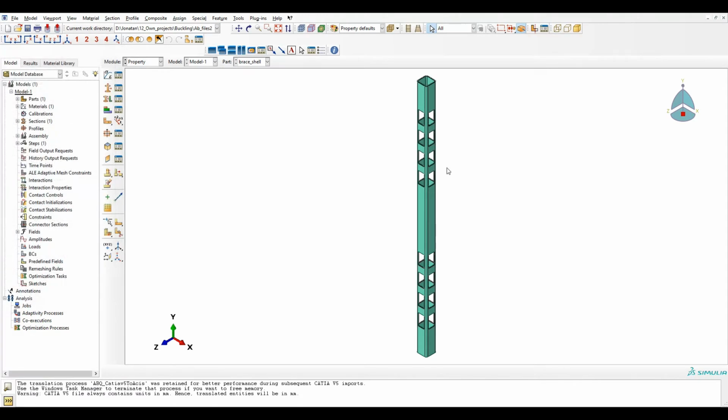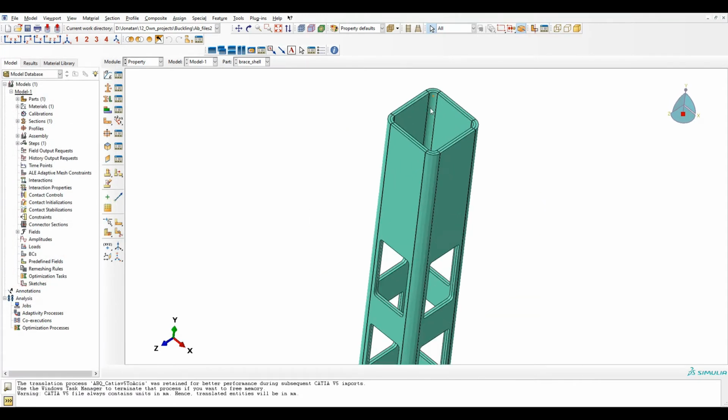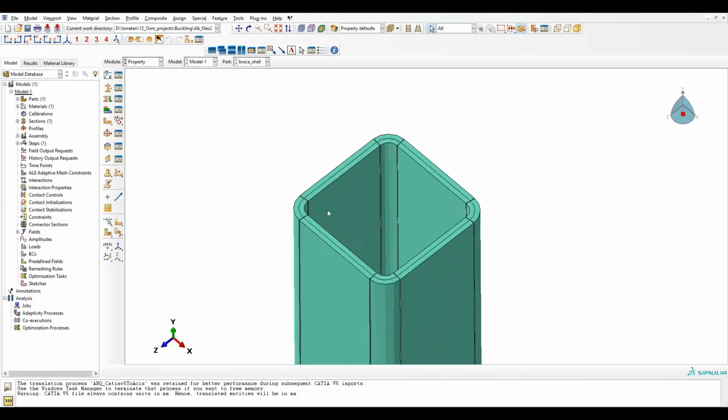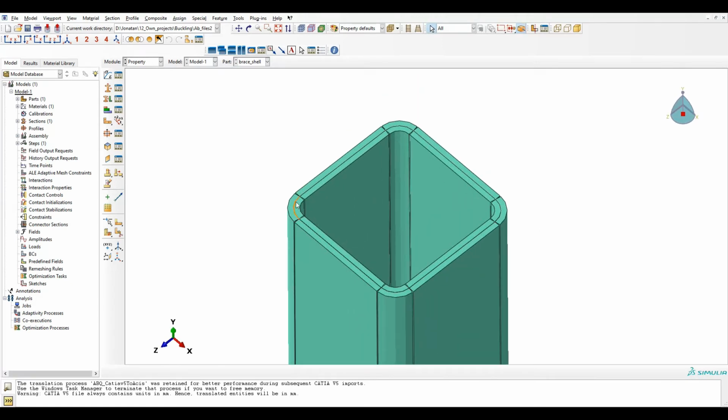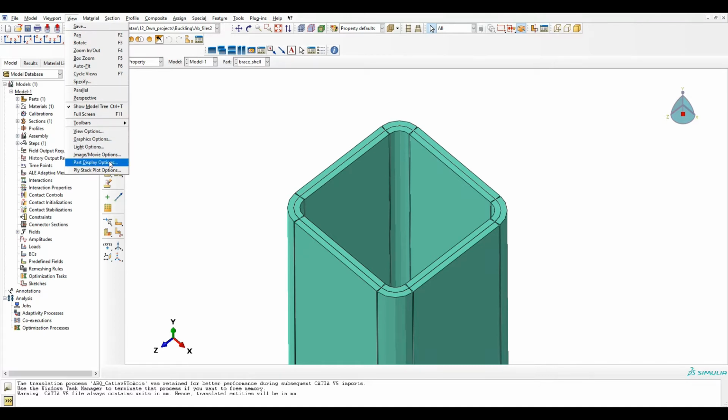Apply. So here we can see our original surface is this line in the middle. Half of the thickness goes inside and half of the thickness goes outside. So we can remove this render view.